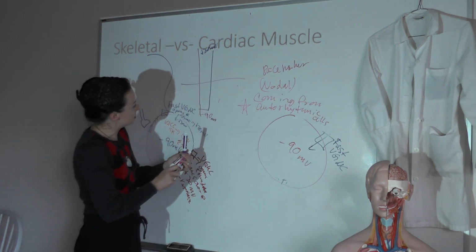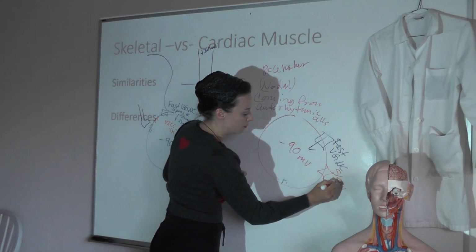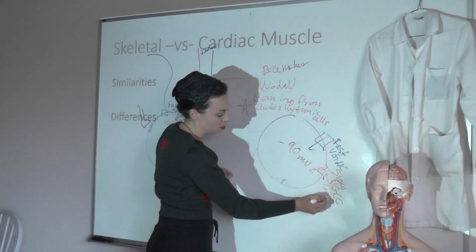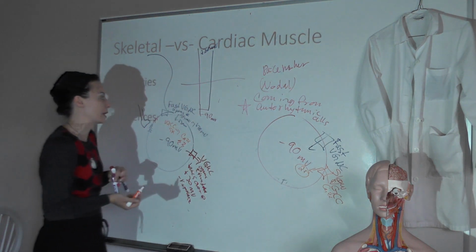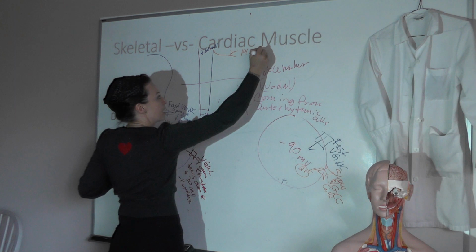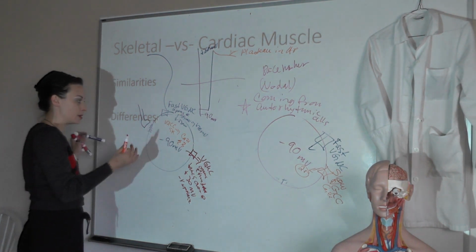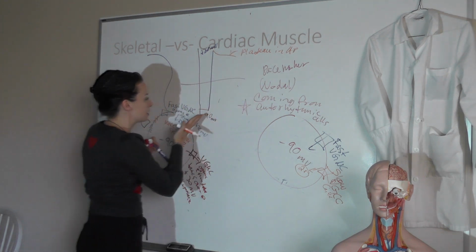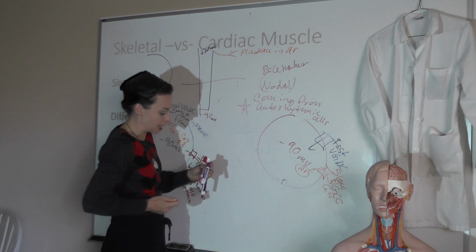But then we've got these slow voltage-gated calcium channels in the membrane. And when they open, calcium is going to start coming into the cell. Calcium is a cation with 2 positive charges for each one, so it's going to bring in some positive charge, and it's going to create this plateau in the action potential. That's going to be a difference between these cells. We don't have a plateau in the action potential here. What we're doing here is keeping this plateau so that we get a really long absolute refractory period, so that we can definitely start to repolarize these cells, relax, and then allow for the